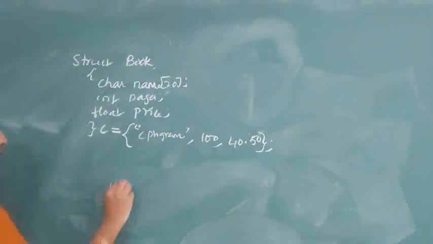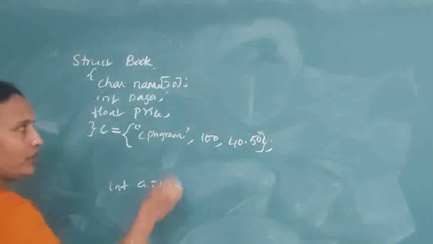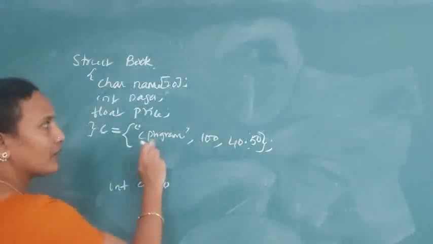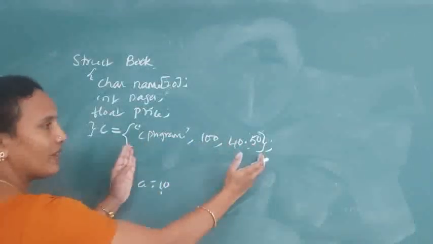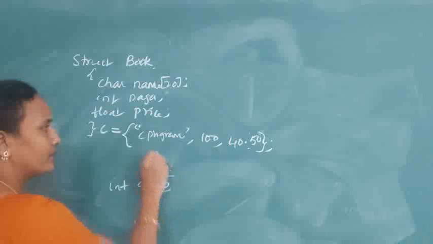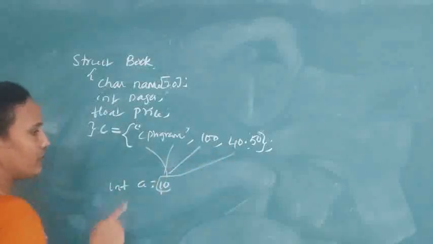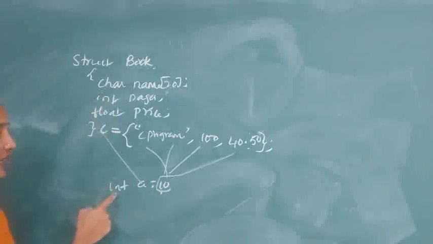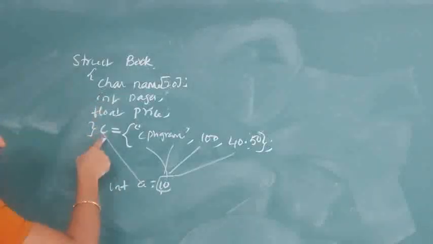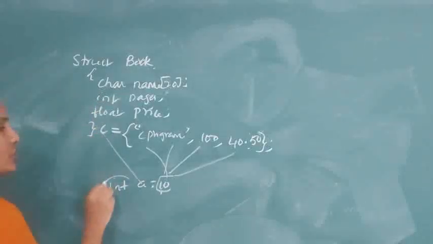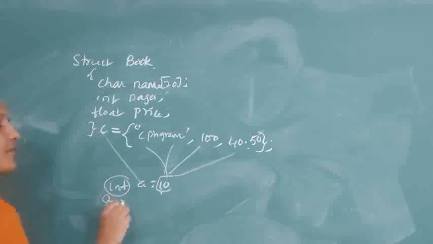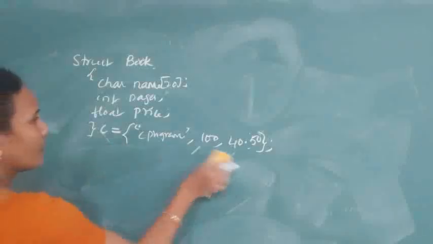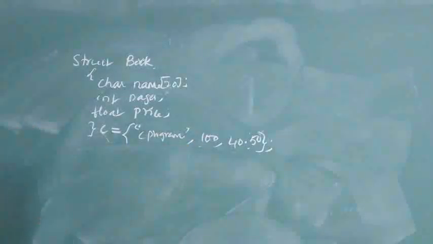See, int a equals 10. Here, more than one element is there, whereas that is nothing but the 10. The value a is nothing but the c. Here, instead of the integer, what data type is it following? Struct. Instead of int, struct. Okay, same. Understood? This is the first method.